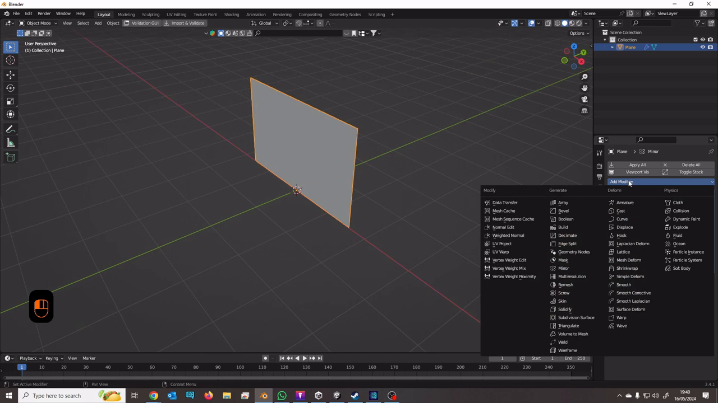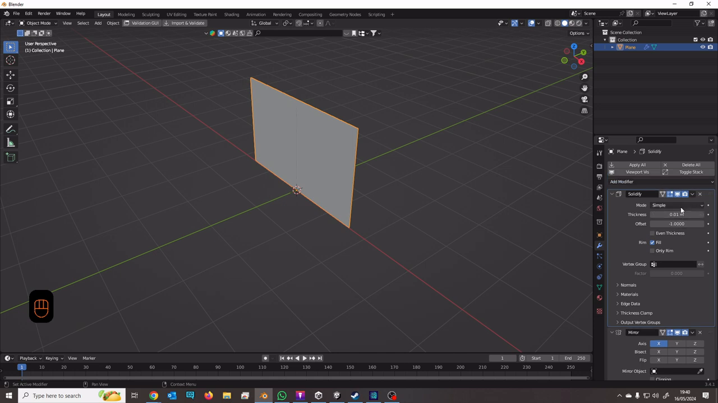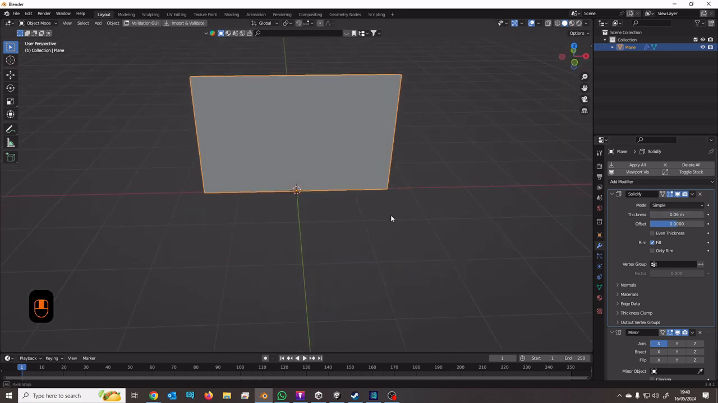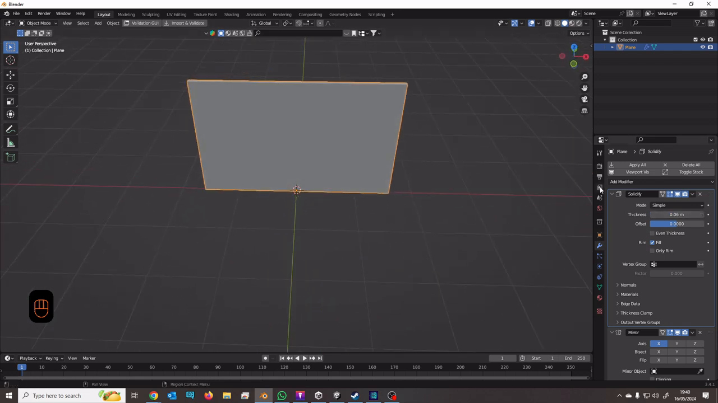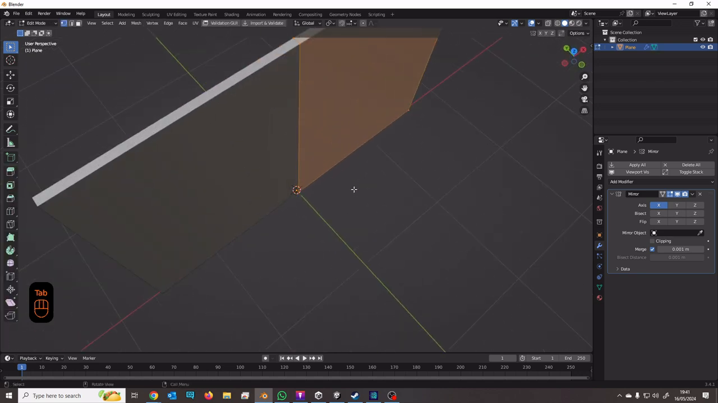And I'll add a solidify modifier. We'll just stick that above the mirror. We'll make that 0 and we'll see how thick we want the door. Something like that'll do. And we'll apply the solidify modifier because I think what I'll do is